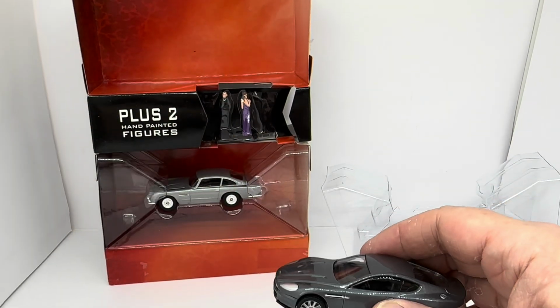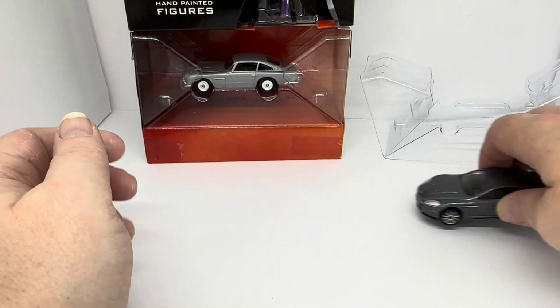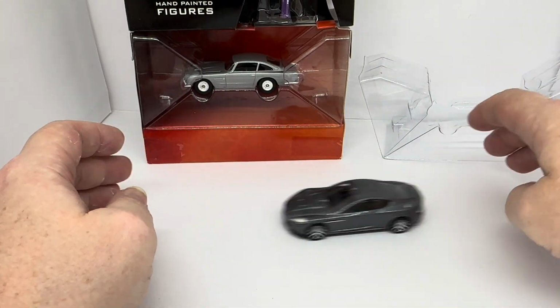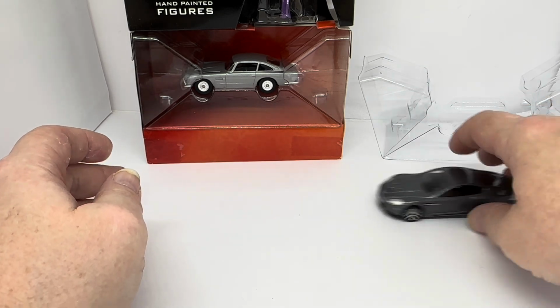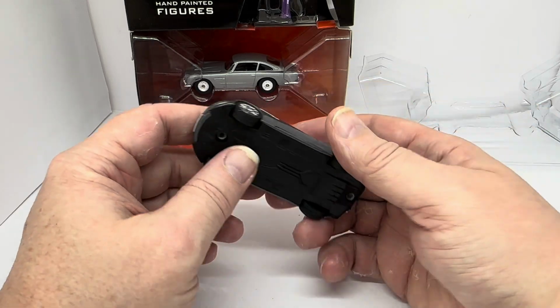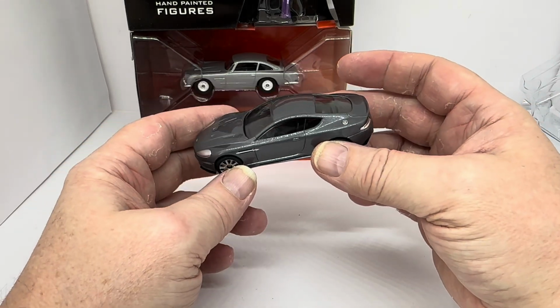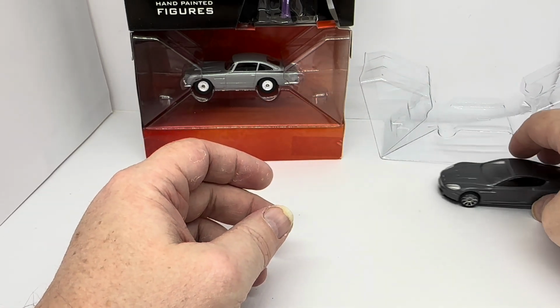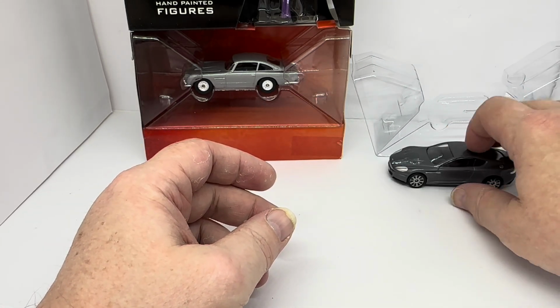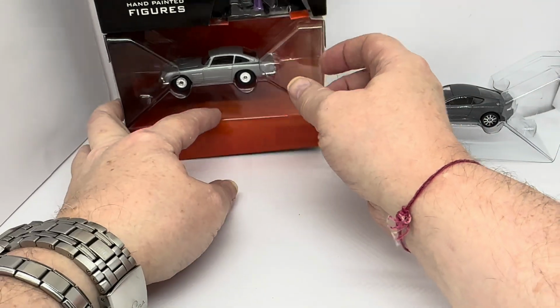Functionality wise, the only functionality on these vehicles is the free rolling wheels. They do glide along quite nicely. There we go. But other than that, there is no other functionality. So they are really just models of the car itself. So that's the DBS. Let's pop him back in the stand there, and let's take out